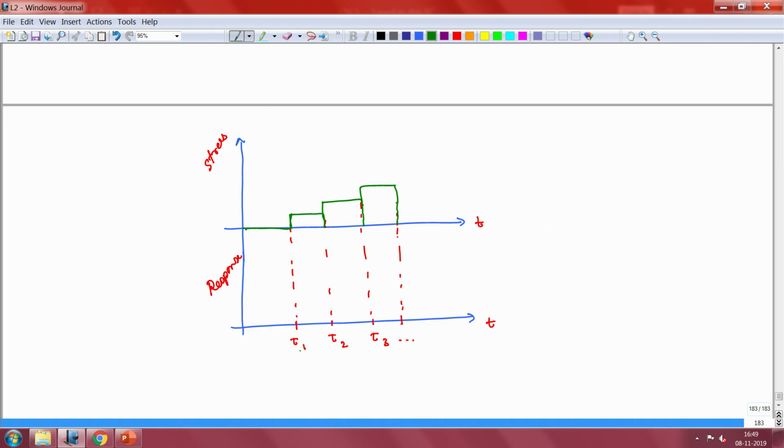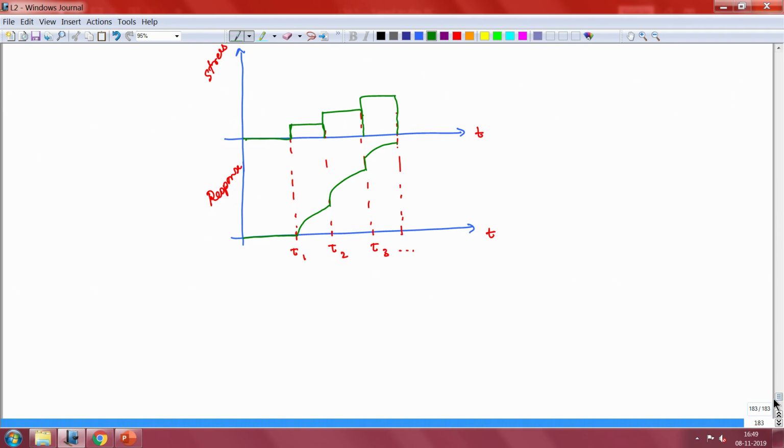So, if we have to consider the creep response here, the creep response will look as if right now it is 0, and here it will increase because of the stress that you have put. Then it is going to increase again. Now, it is going to be a slightly different function because you have changed your stress. So, there is another delta sigma that you have added, and then you have added another delta sigma here. So, it will change. Okay.